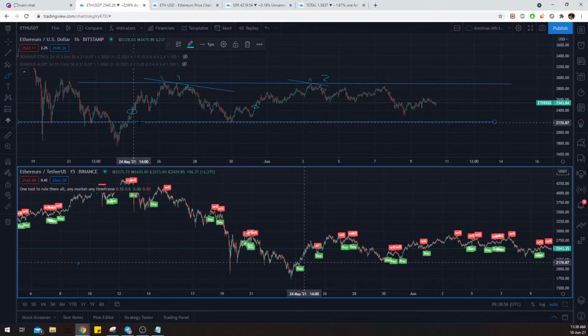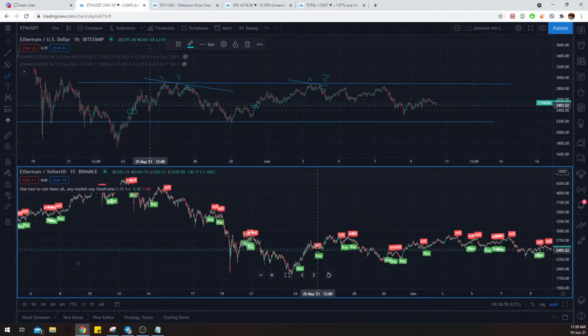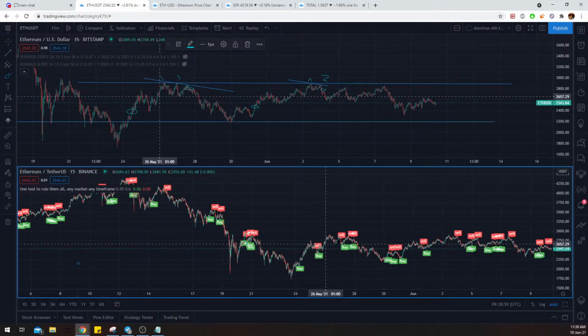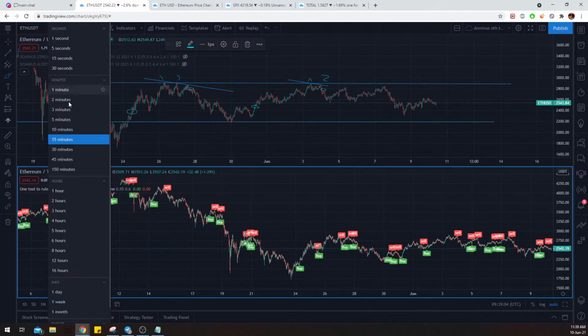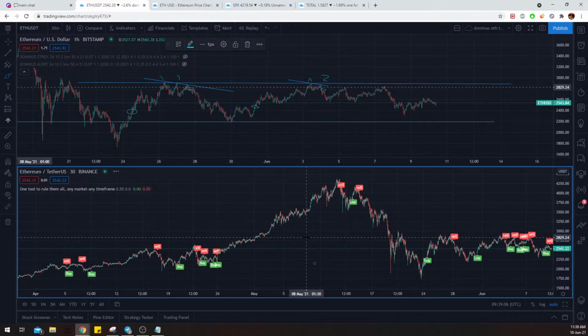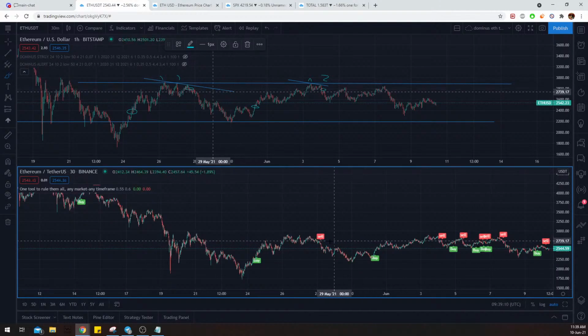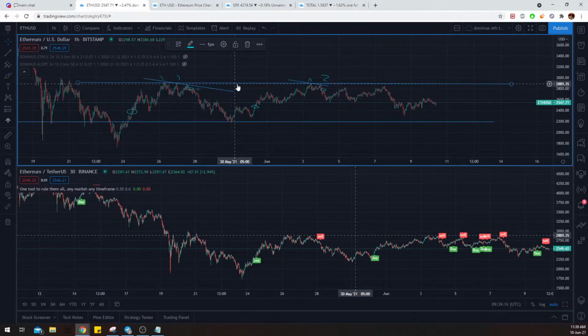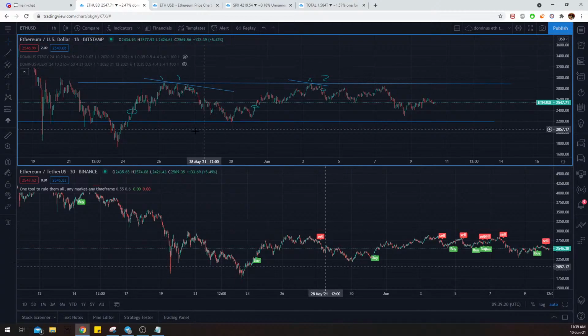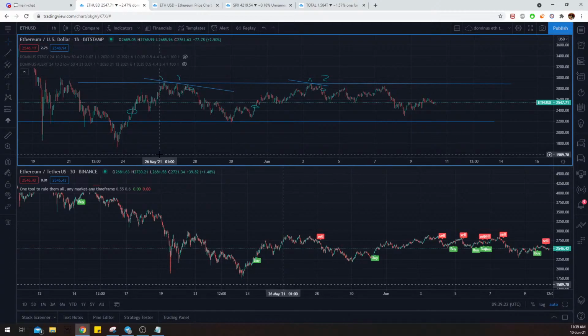That's normal. You can see, for example, this one, it would have been here. And this one, for example, you can see it would be high here. But maybe if you want to avoid these false entries, you can see that if you would end with the 30 minutes, it would have been easier. But you can see in this case, the exit would have been on 28 May. The exit would have been here. But still, if you would analyze, it would still have been much better